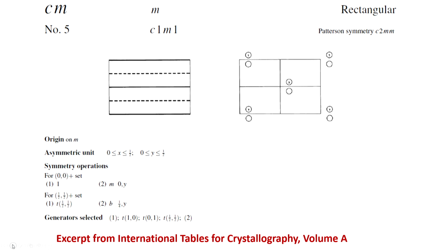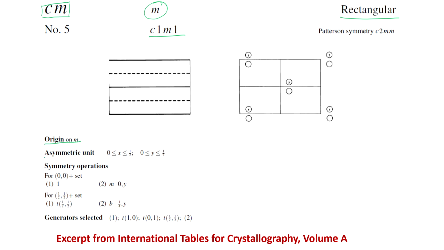Now, coming to another plane group. This time I have focused on the plane group CM. So, I have the letter C, which says it is centered. In fact, as soon as I see C centered, it has to be rectangular, because that is the only plane group in two dimensional lattices which will have a center lattice point. So, it is centered rectangular. This is the long form of the plane group. I hope you understand that now. This is my point group, so no problems should be there. Again, it says the origin lies on the mirror plane, and that again is the highest symmetry, and that is what we are doing in this.